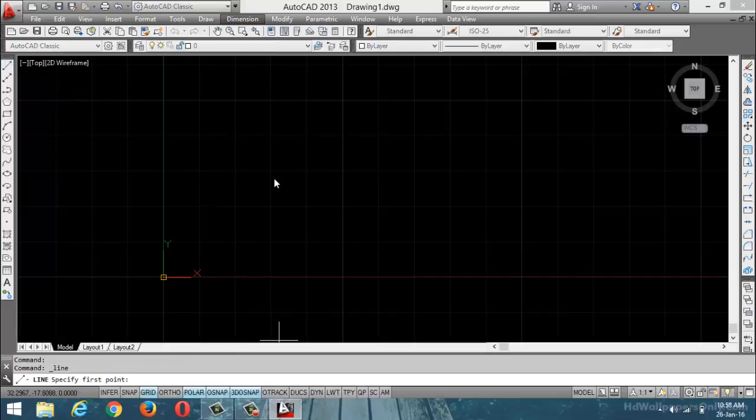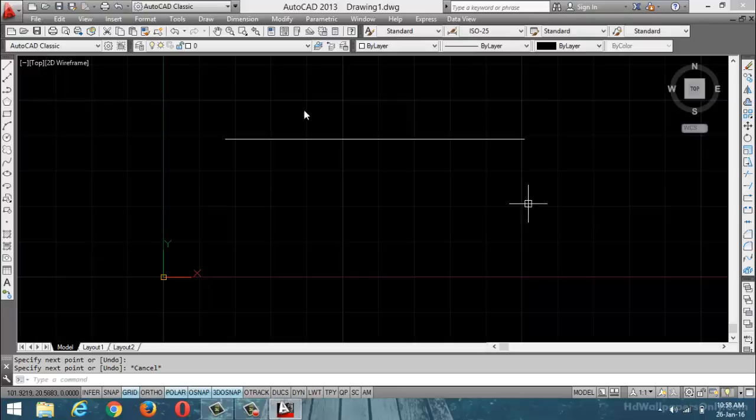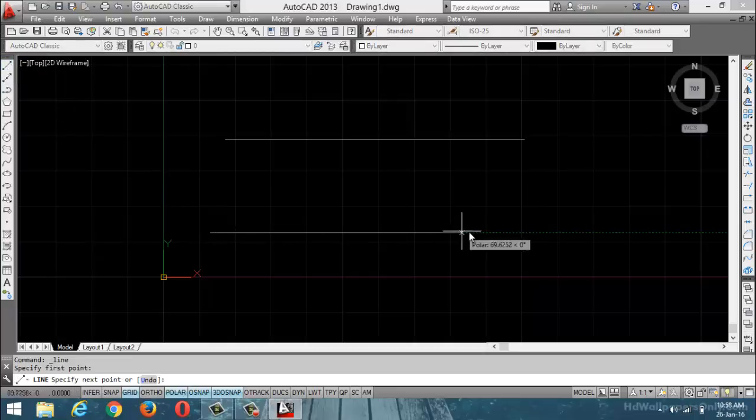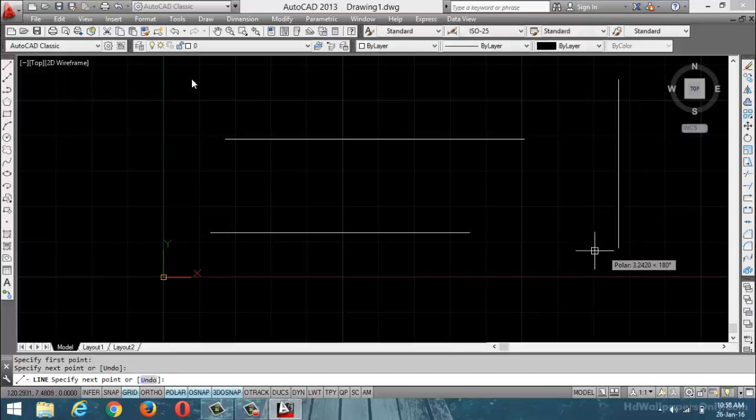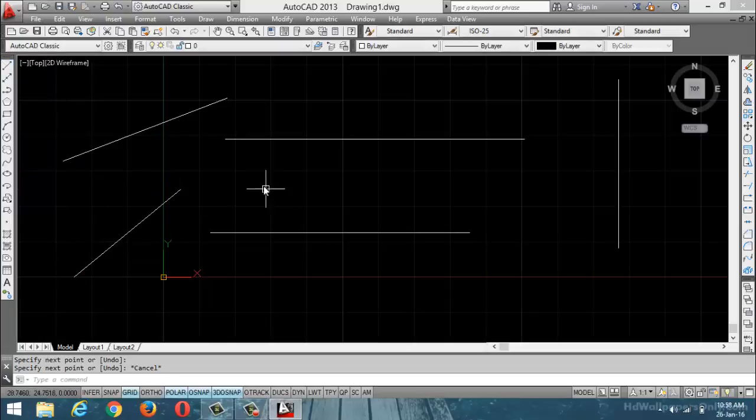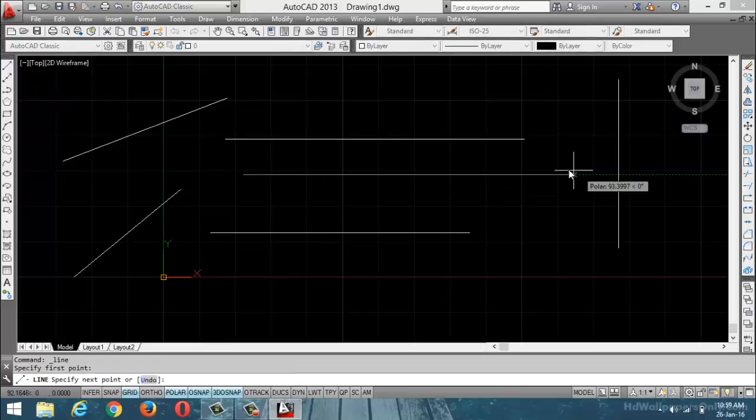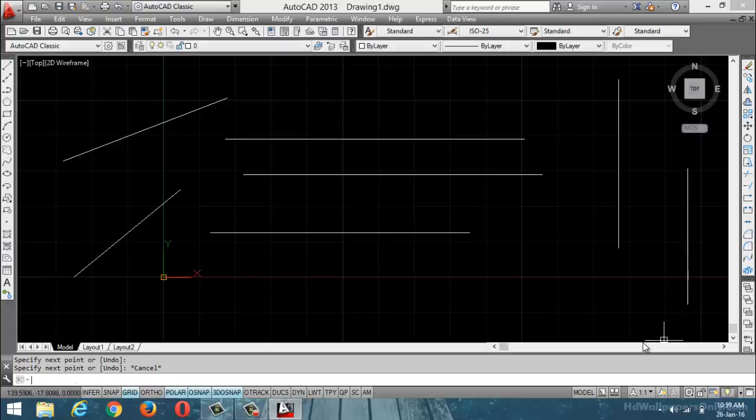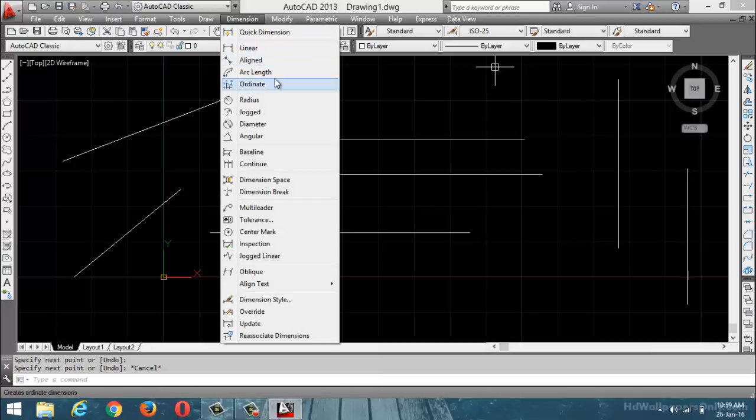Now first I am going to design one line. Again one more line. Again one vertical line. Again one inclined line here. Again one more inclined line. One more horizontal. Again one more vertical line. Okay. For explanation of these tools' purpose, first I am going to design